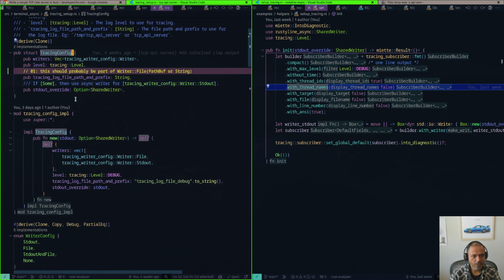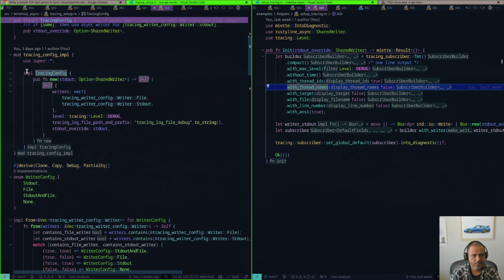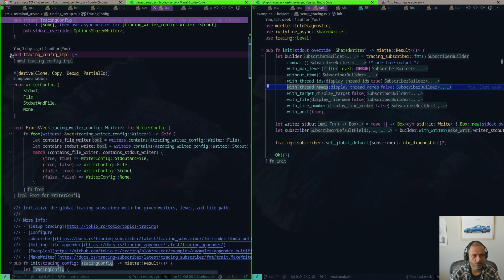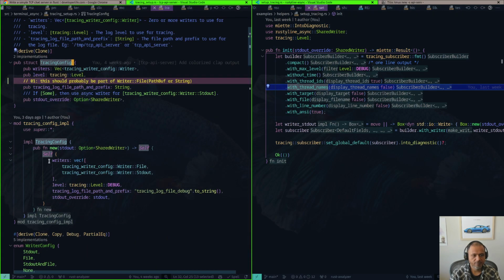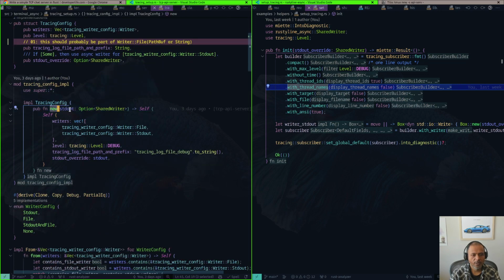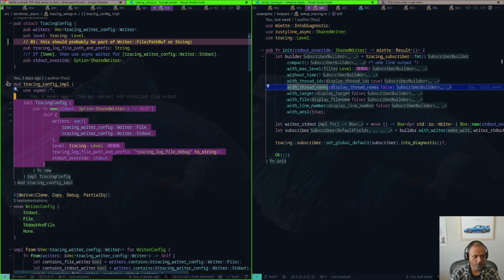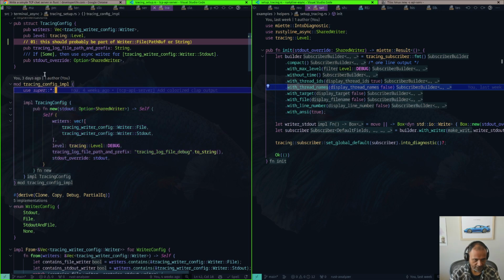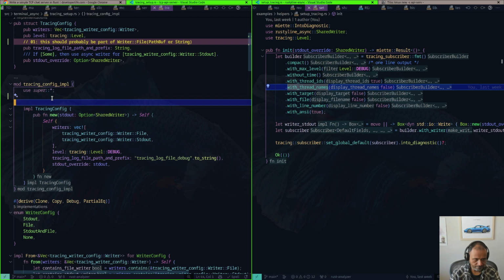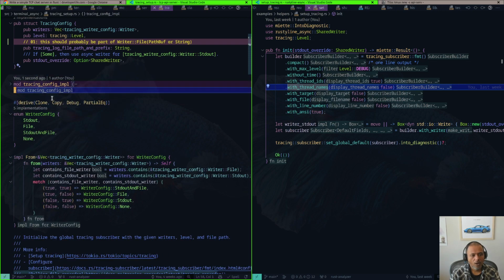So that's just tracing config. And this is just a default. If you don't want to specify this manually, just say new and pass a standard out. And it kind of does defaults for things. We might actually revisit this later, say, is this really needed? I'm not sure. Okay, so